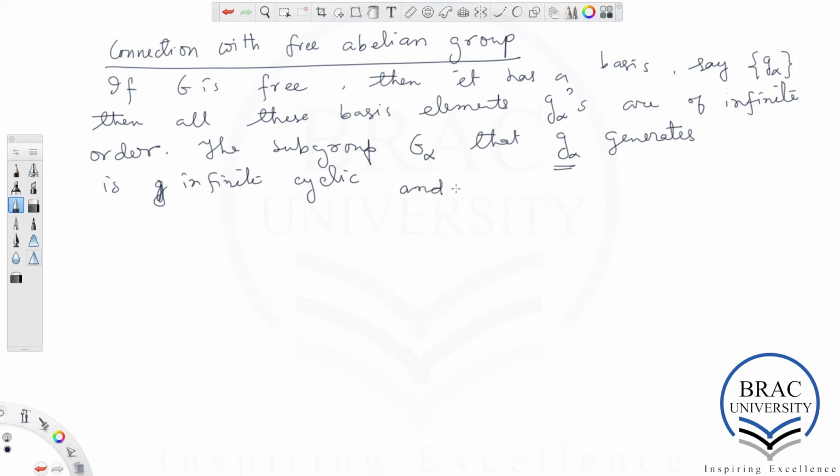And big G is the direct sum of these generated subgroups big G alpha.